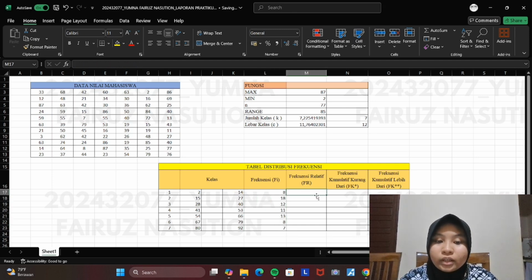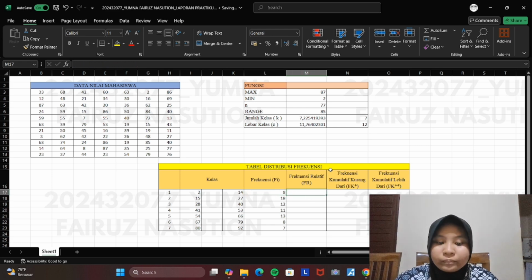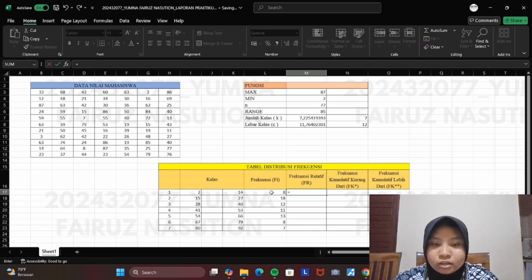Now for the relative frequency, the formula is the first frequency here, divided by the n, and then you press F4 again. Wait, I'm going to demonstrate it. First plus is equal, and then we block here, and then slash, and then the n.